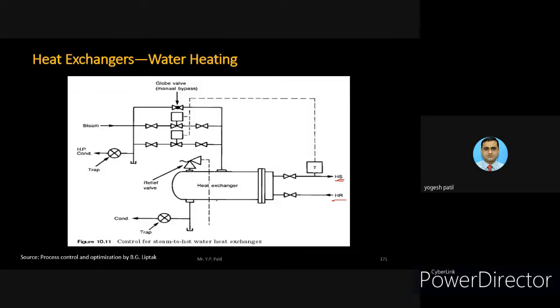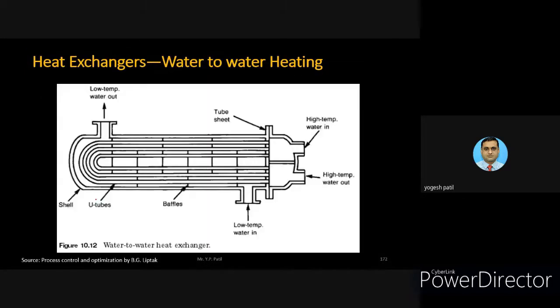The inlet steam flow rate gets controlled. So how much heat we want, how much outlet water temperature we want, depending on that the steam flow rate can be regulated or monitored here. There may be other types of controls also, but this one is sufficient. So the same arrangement, but here the construction is U-tube. So the tubes are not straight, they are U-tube type.